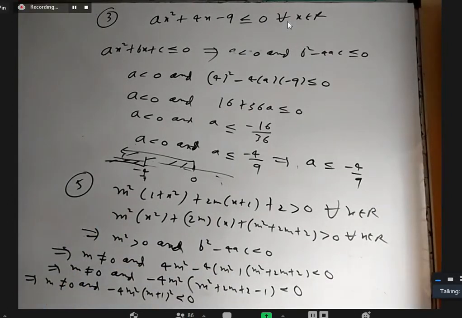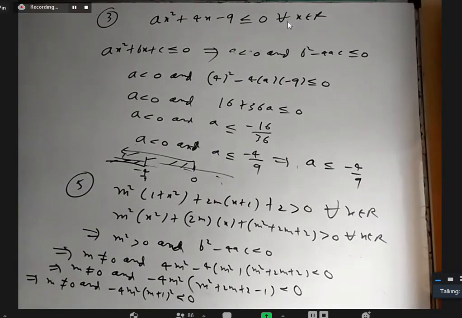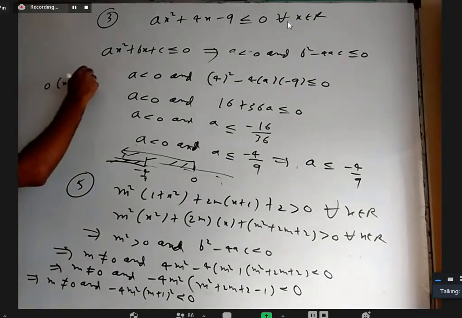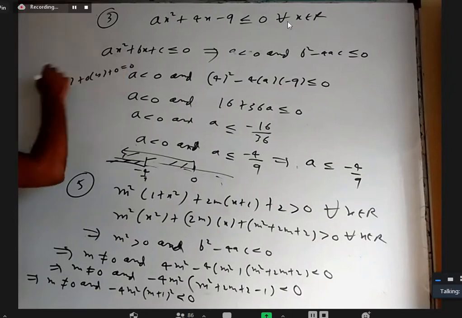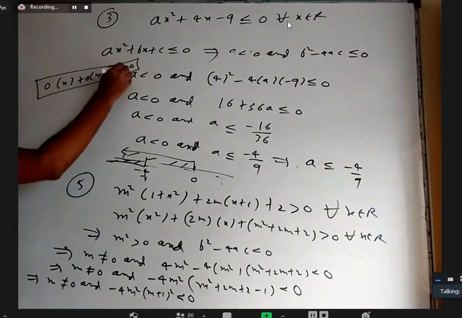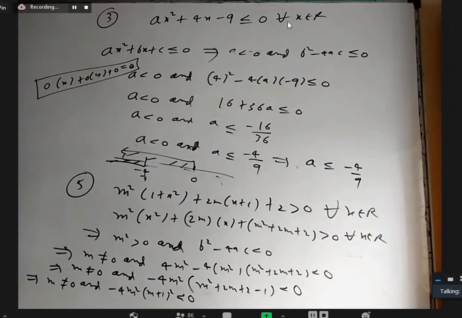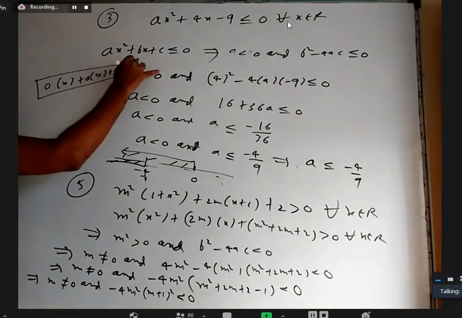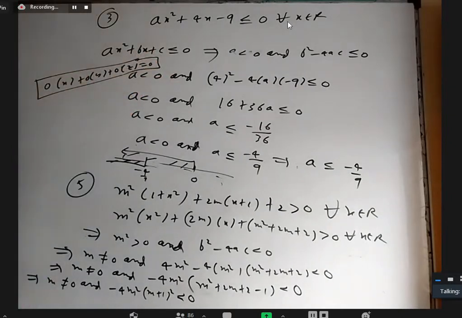Okay, let me ask this as a simple question. In 2D geometry, there is a question. 0 into x plus 0 into y plus 0 equal to 0. This is the equation. What does this equation represent? Sir, xy plane. The whole xy plane. Every point on the xy plane will satisfy. If I write 0 into z equal to 0, what does this represent? The whole space, sir. XYZ space.